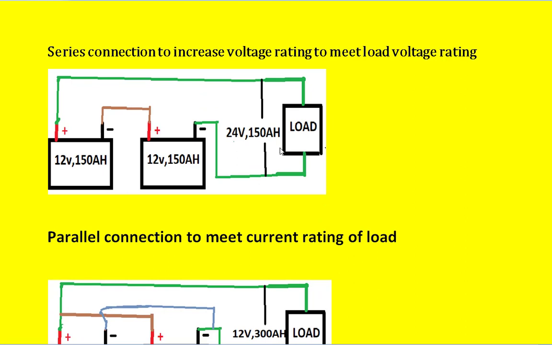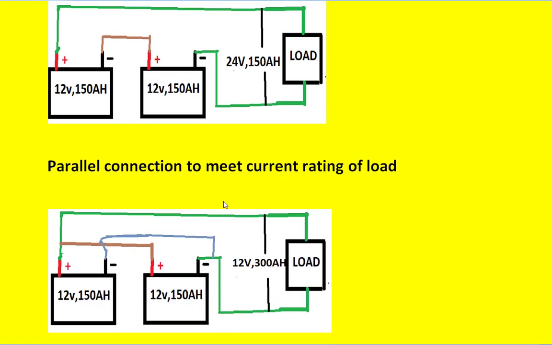across the load. Similarly, you want to connect the batteries in parallel. When do you connect the batteries in parallel? When you want to meet the high current rating of the load, then we have to connect the batteries in parallel. So we have seen how to connect the batteries in parallel. That is, the negative terminals of the batteries should be connected together, and similarly the positive terminals of the batteries should be connected together, and the common terminals of those two will become the output terminals that you can see here.